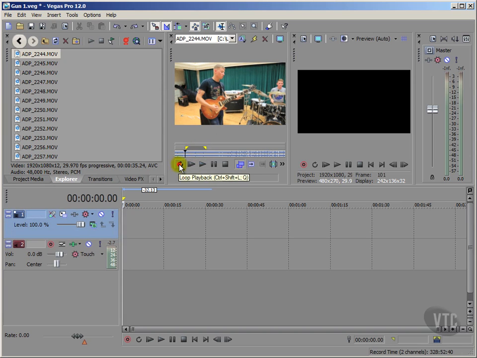Well, by clicking on here, this allows me to loop around this ranged area that I've set with my in and out points. And you'll see that dark blue band has now been added between my left and right, or my in and out points there. And therefore now if I click on play,